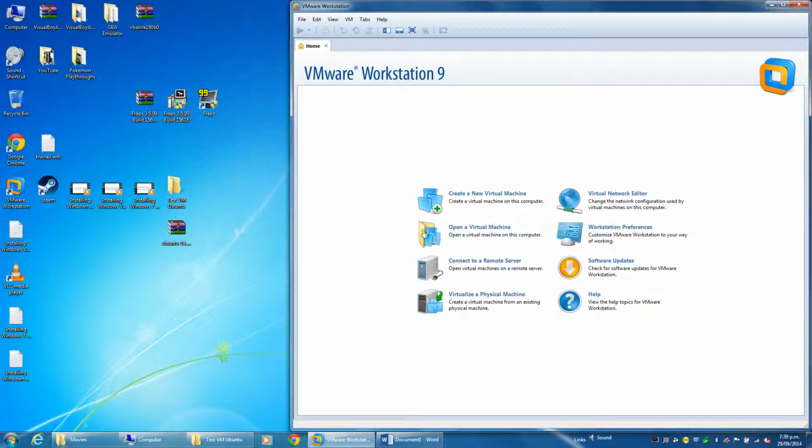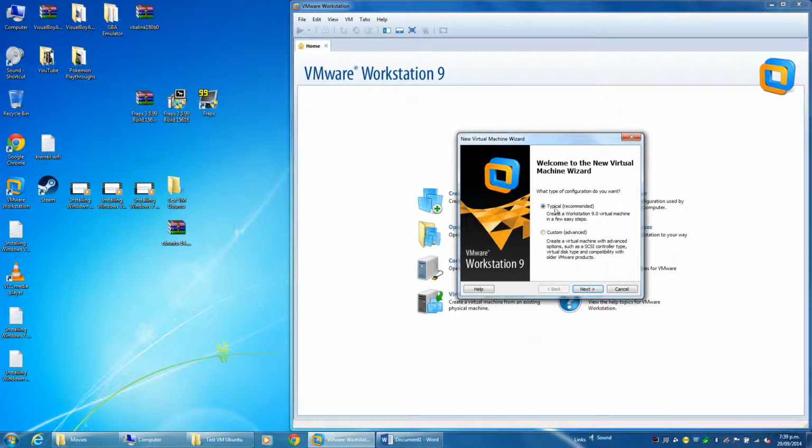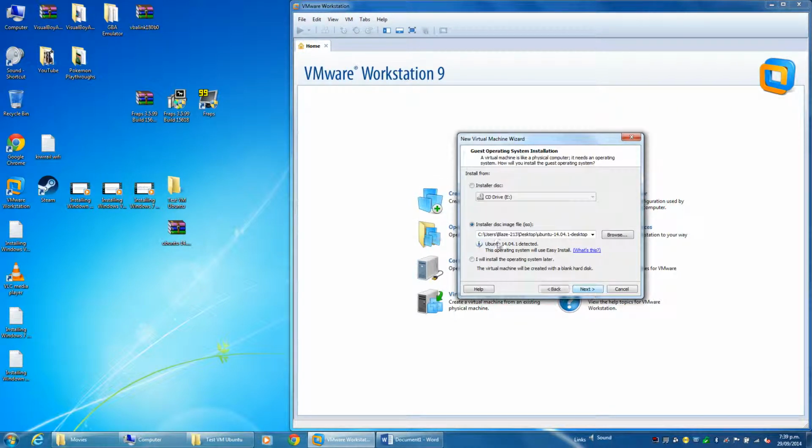Alright, okay, so let's get started. So you just go create new virtual machine, typical recommended settings, select I'll install the operating system later. Just do this, because if you apply the installer disk image now,